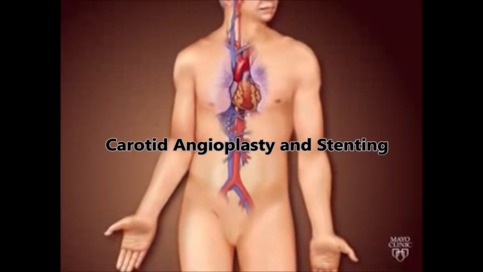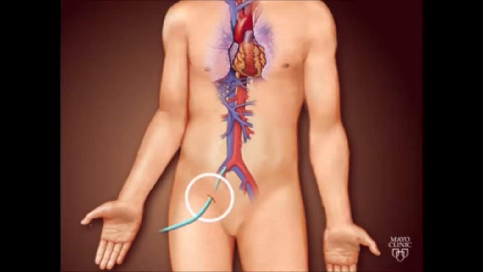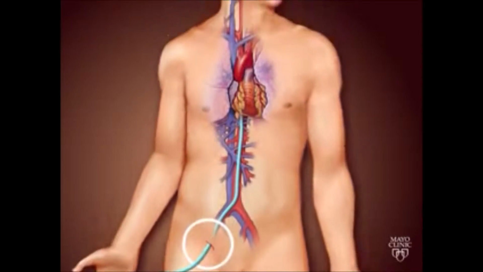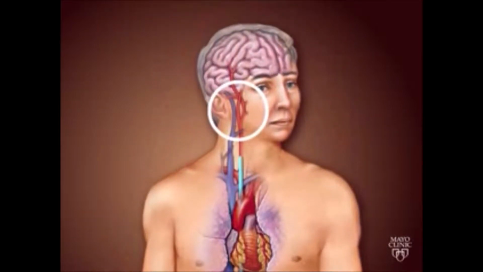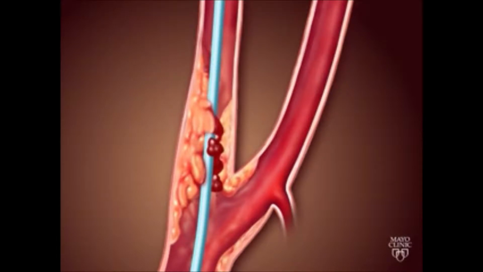In carotid angioplasty and stenting, a long hollow tube called a catheter is inserted in the femoral artery in the groin area. The catheter is then maneuvered through the arteries until it reaches the narrowing in the carotid artery in the neck. An umbrella-shaped filter is inserted beyond the narrowing to catch any plaque or debris that may break off